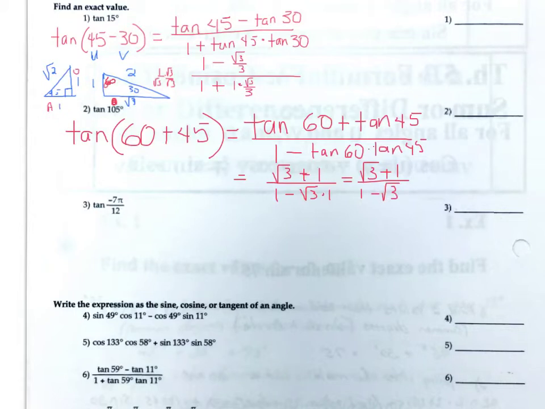Wait, we're not supposed to do that for the left side? What do you mean for the left side? Like for the tangent 60 plus 45? I already got tangent of 60. That's square root of 3, from the unit circle, or from the triangle. No, I'm talking about the left hand side. What do you mean? Right there. You don't have to do that? The square root of 3 over